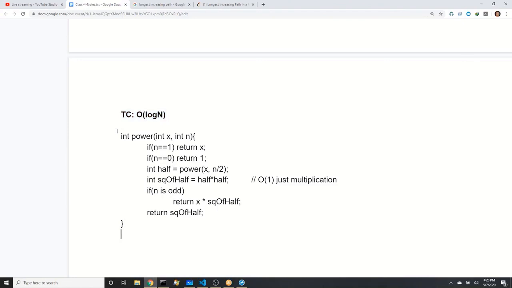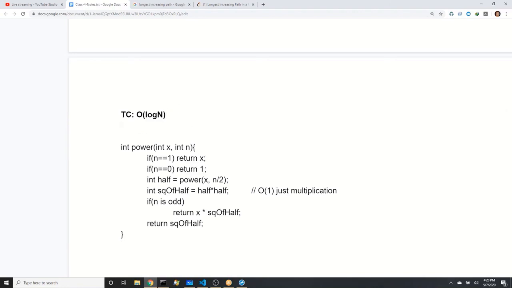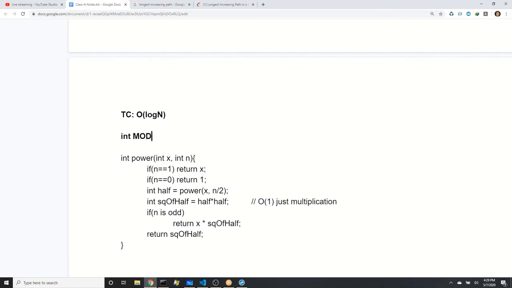Power calculation is fine. We have not taken care of mod. Since the problem required mod also, we will take a global variable mod, and before returning the answer everywhere, we will start doing modular arithmetic. So typically we say do mod, and overall mod also.